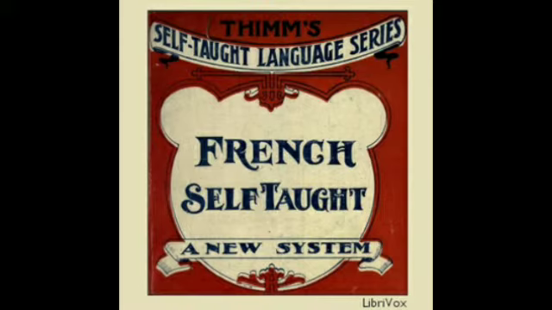16. Time and seasons. The time, le temps, a minute, une minute, an hour, une heure, a quarter of an hour, un quart d'heure, half an hour, une demi-heure, the day, le jour, the morning, le matin, noon, le midi, the afternoon, l'après-midi, the evening, le soir, the night, la nuit, a year, un an, a month, un mois,